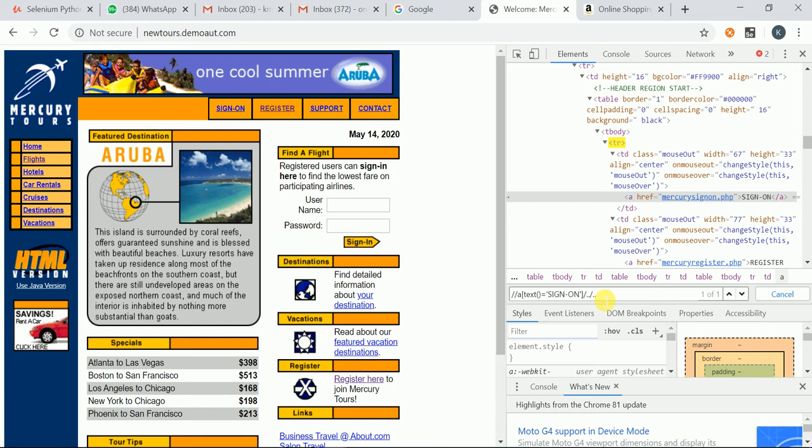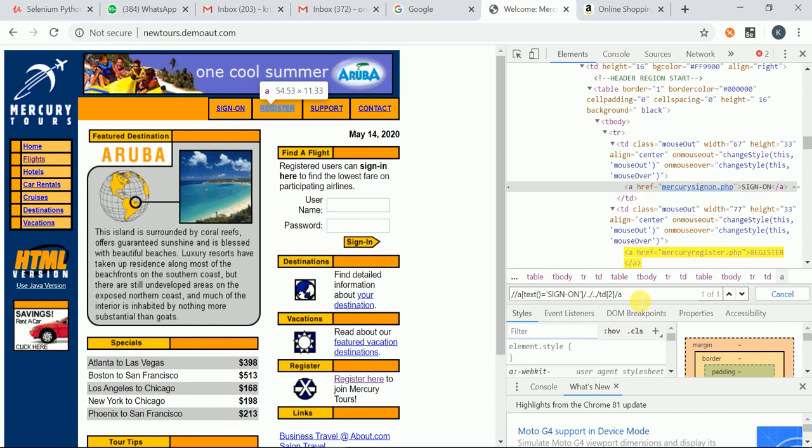Now I want to come to this td, which has this anchor link. This is td of 1, this is td of 2. td of 2 slash a. See here, without using the Register attributes, I am able to identify the Sign On without any issues.